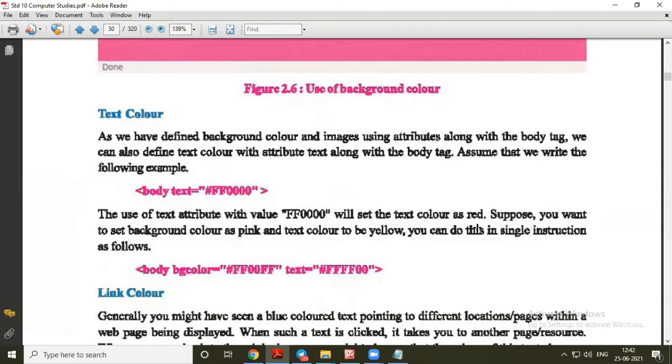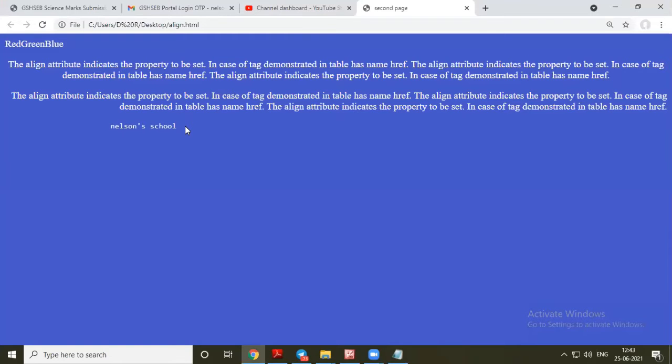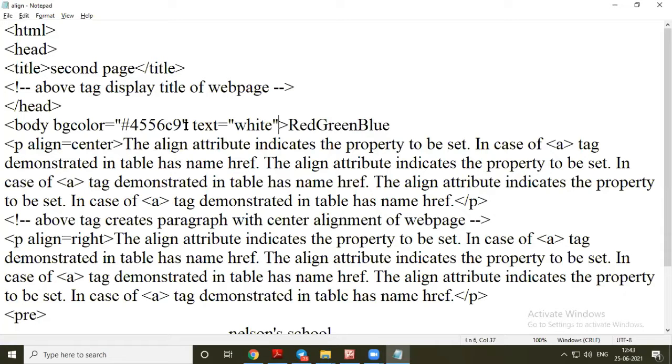Now we are coming to text color. If you want to give a particular color to the whole web page text, throughout the web page, if you want to put the same color on the text, then this is the attribute text, and after the equal sign comes the code, the name of the color that you want to take for the whole web page content.